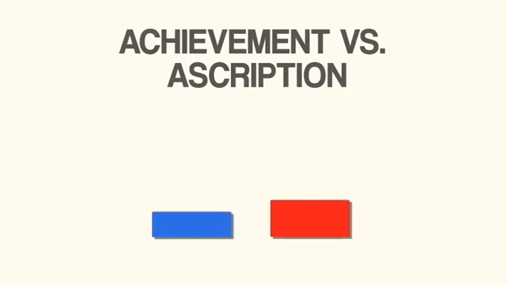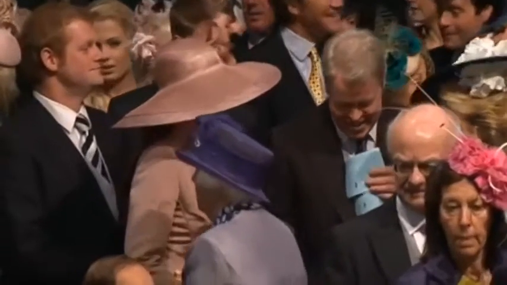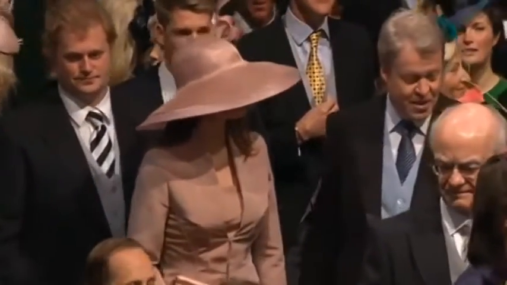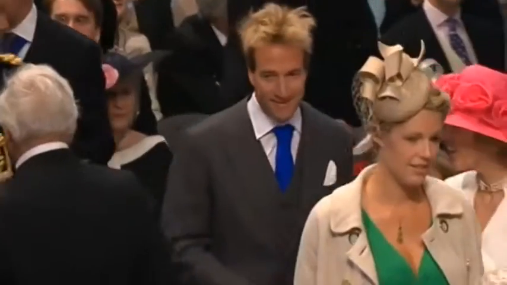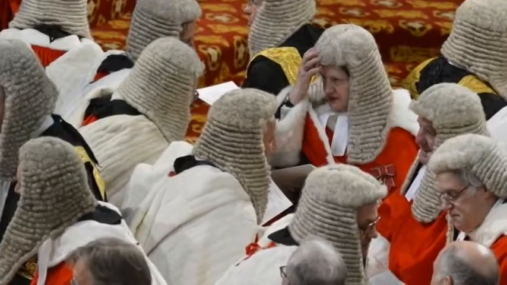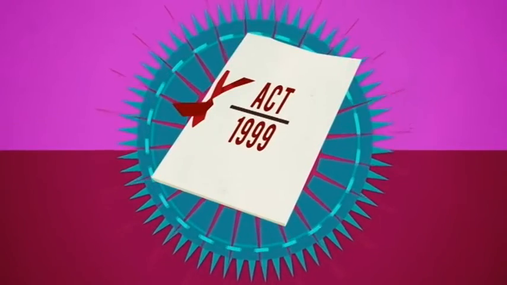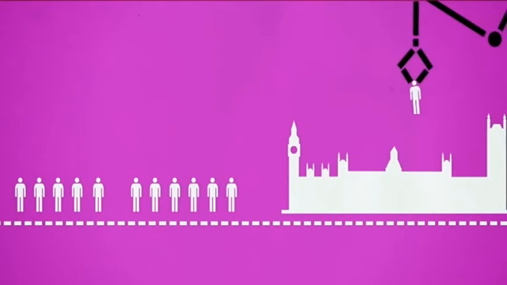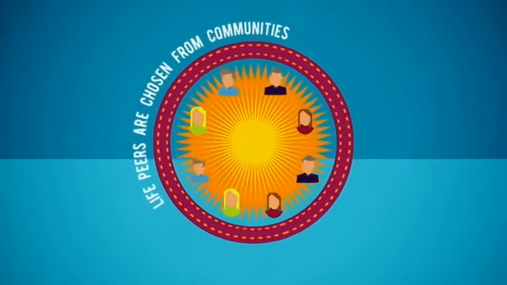On achievement versus ascription, the British score significantly lower than Americans, because they still have a tendency to identify someone by title or status rather than personal achievement. For the British, the question of where their partner studied is more important than what they studied. However, the situation is changing rapidly. A manifestation of such change, for example, is the House of Lords Act of 1999, according to which all but 92 are not hereditary but life peers, who are now appointed for their competence and profound knowledge rather than their